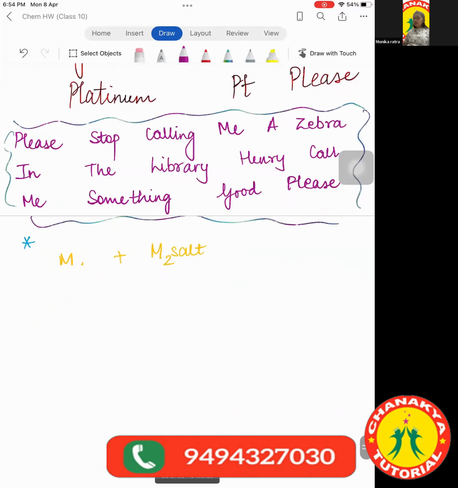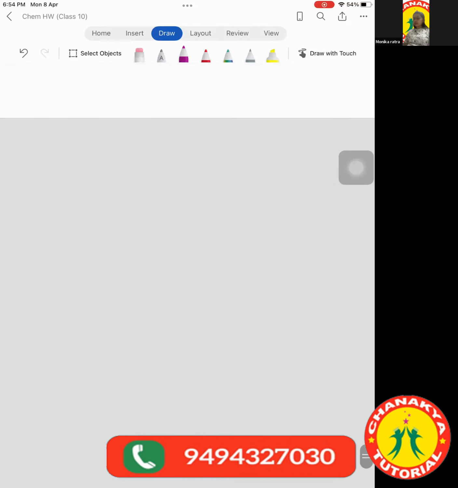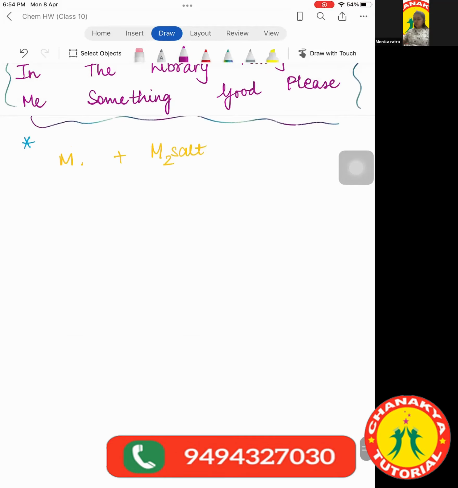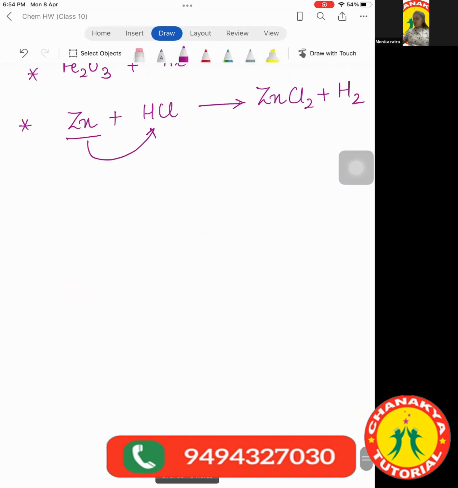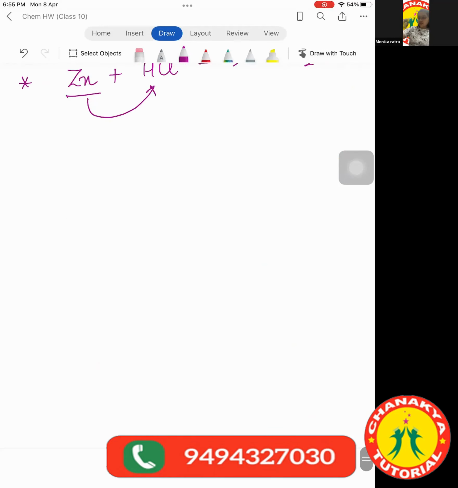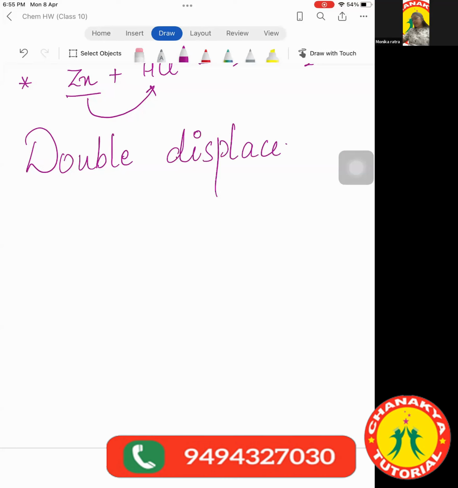Okay. So next we have the double displacement reaction, which will be the last topic for today. I hope you were able to understand the displacement reaction. Double displacement is a very easy reaction to understand. Clearly it is saying that there will be two times displacement which is going to happen. So what is the definition of this reaction? It is the reaction in which